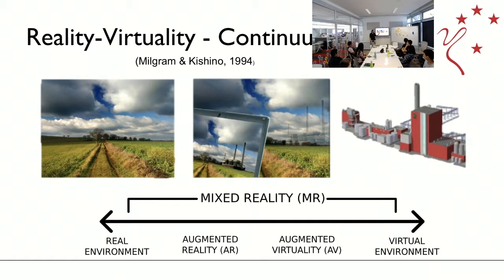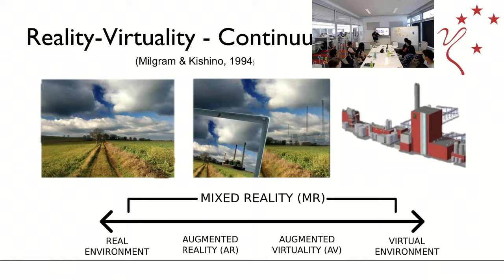But these aren't discrete locations. So in other words, they really bleed into each other. When do you transition from this to this? It's kind of a messy transition. Or how much stuff do I need to add? Does everything have to be purely virtual? As soon as I add something physical, am I now here? So it's really hard to make that distinction. So we can say that systems are more AR-like or more AV-like or VR-like or they're real-world systems, but really this is a continuum. So these things get mixed a lot. And if all the visuals are virtual, but I'm holding a physical object,